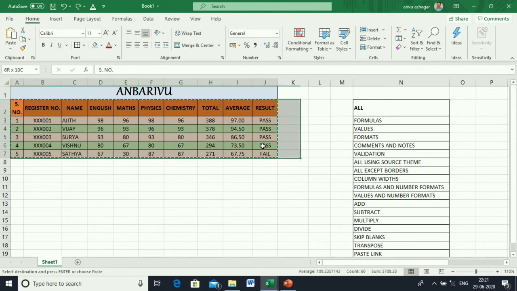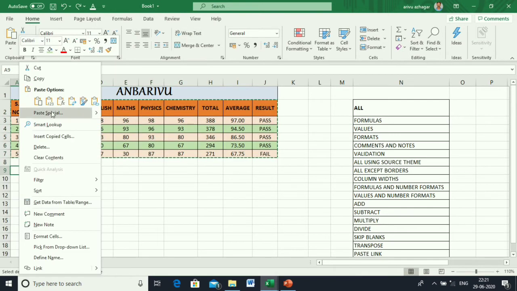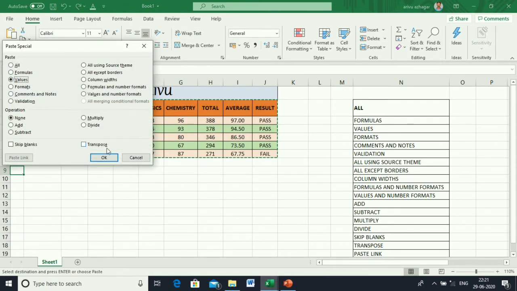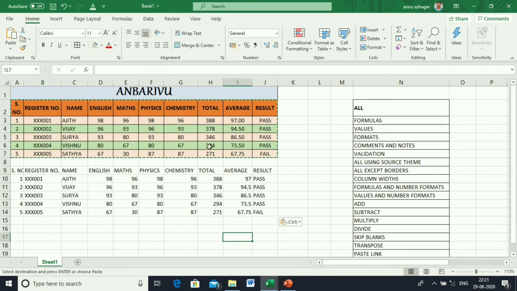Next, values. Copy the table, then go to Paste Special, select values. Here values alone are pasted, no formulas.